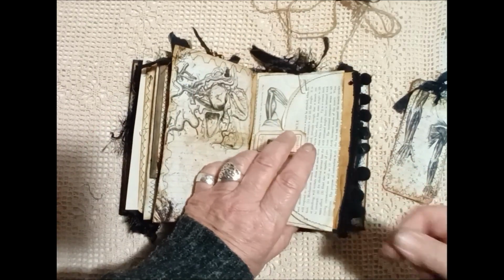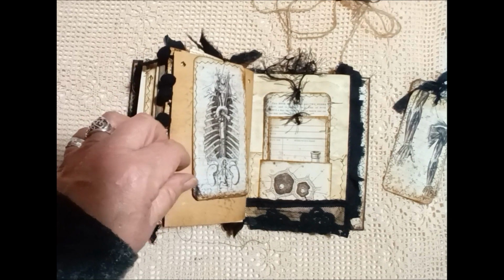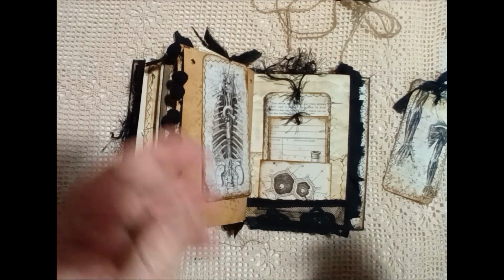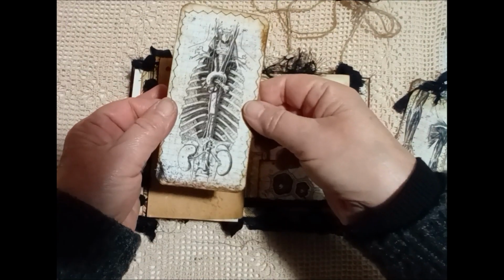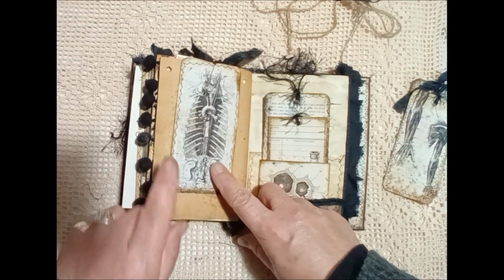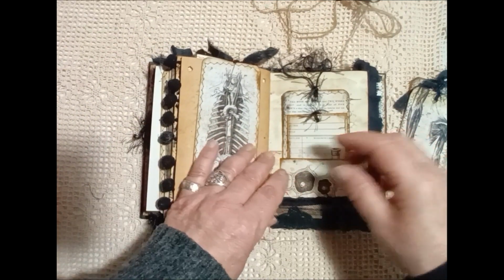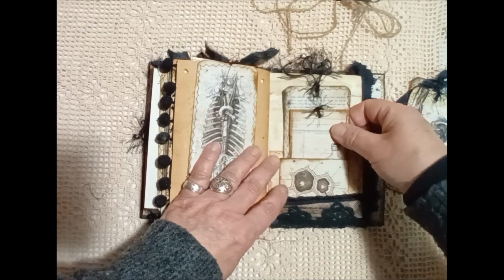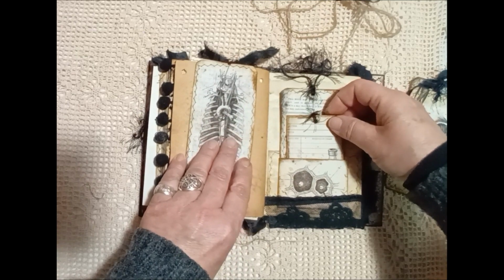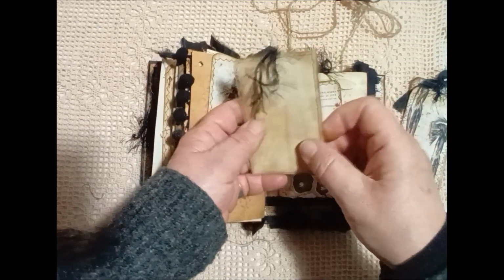There's lots of stringy bits, you know, that if you don't like them, you can just take them off. I've got a bit stuck to my finger that doesn't want to come off. There we go. Large journaling card. I hope the lighting's okay. It's a very dismal day today in not so sunny Skipton, so I'm trying to get the best position I can for the lighting. So here, a journaling tag,